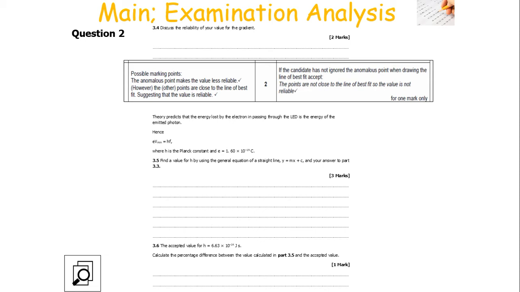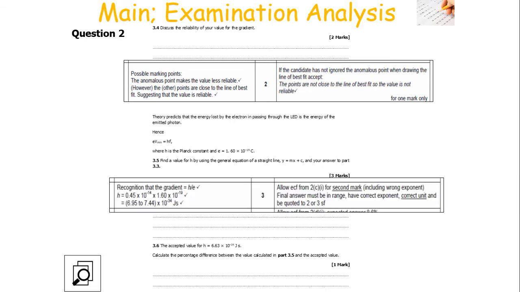Now, this next one is an interesting one, because we're told that theory predicts that the energy lost by the electron in passing through the LED is the energy of the emitted photon. eV equals hf, where h is Planck's constant and e equals 1.6 times 10 to the minus 19 coulombs. Find a value for h by using the general equation of the straight line, y equals mx plus c, and your answer to 3.3. So you've got to recognise in this situation that the gradient in your graph is going to be